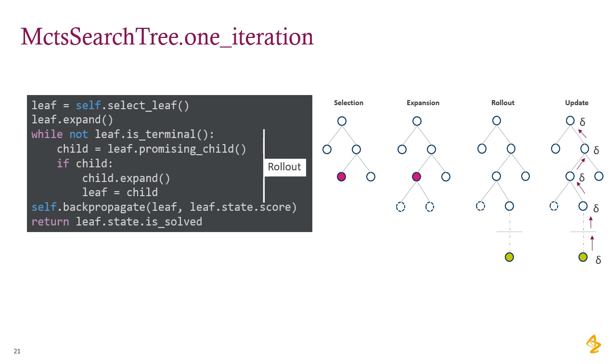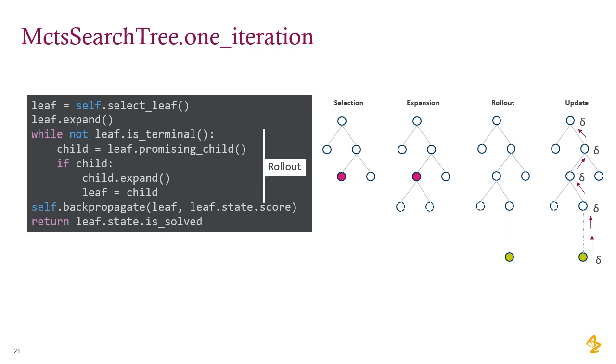And the code here is a slightly simplified, but not too much simplified version of the one iteration method. So first we have a call to a select leaf method, which takes care of the selection. Then we expand that leaf,